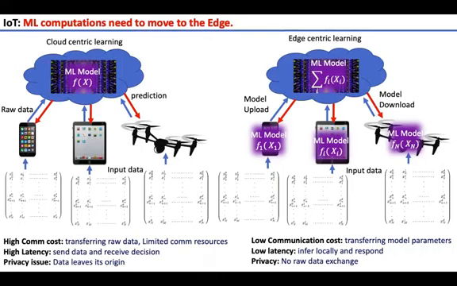In contrast to that, in distributed learning, as shown in the figure to the right, every node uses a local machine learning model and it needs to communicate with the parameter server only in the training phase to update its local model. And it needs to exchange few parameters, for example, the model vector or the gradient vector or the model output. And that leads to significantly less communication cost and lower latency. It also preserves the privacy since no raw data exchange is happening.